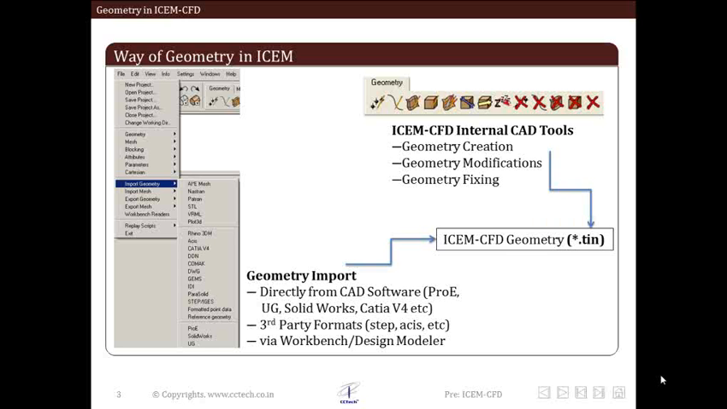Once we have imported a geometry, a pop-up window will open up and it will ask for dimensions in which the geometry was created in the parent software. After this, a .tin file is generated, which is basically a working folder which can be reopened in ICEM CFD at any later stage. In the second method, that is, if we intend to build the geometry in ICEM CFD itself, this